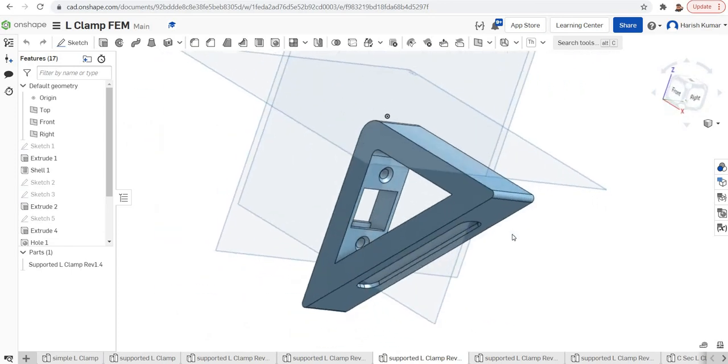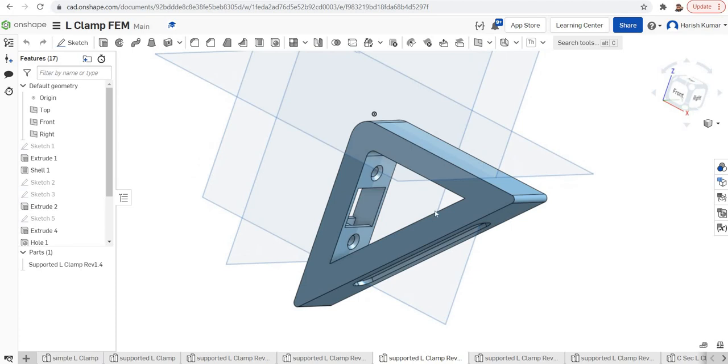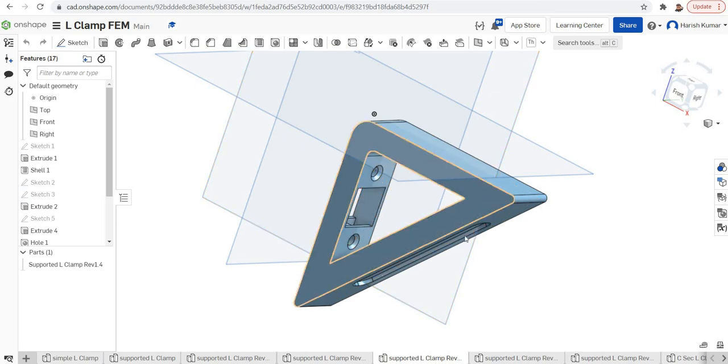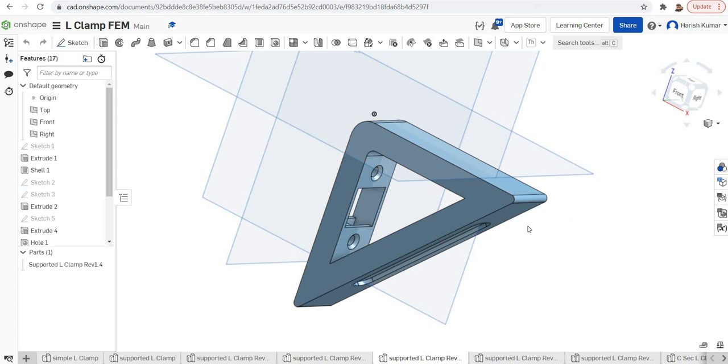Okay, so now the main thing we observed in the supported L clamp is the stress intensity near the hole. The stress distribution is not uniform near the hole. Stress concentration is there, it is a weak point, so we increased the thickness at that point, and we made all the rust area, that is the hole. So with a shell thickness of 2.5